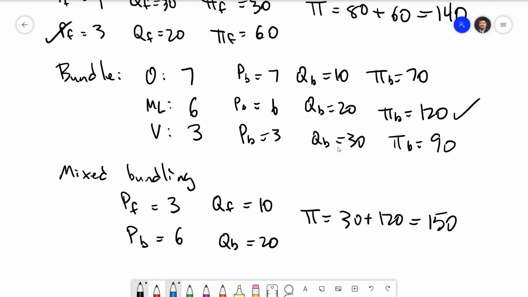There's no reason to offer the hamburger on its own because everyone who cares about the hamburger is already buying it through the bundle, and the vegetarians have no interest in it. If we had a fourth group that simply hated the French fries, we might have potential in offering the burger by itself. But as it stands, that's not the case.